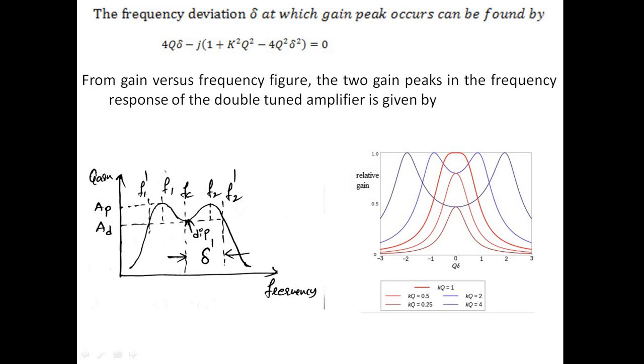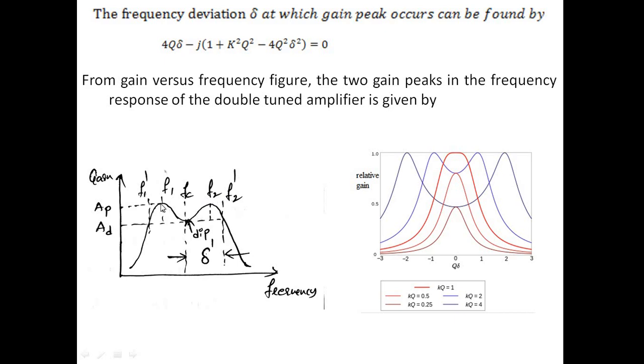And you try to plot a graph between the frequency and the gain, and you are trying to get two peaks. This is due to the two tuning circuits we are using. This is one peak, and this is the other peak. This is the peak gain, and this is the dip gain, that is the minimum gain, in between my tuned amplifier 1, L1 C1, and tuned amplifier 2, L2 C2. We will get two maximum voltages or two maximum gains at two different frequencies.